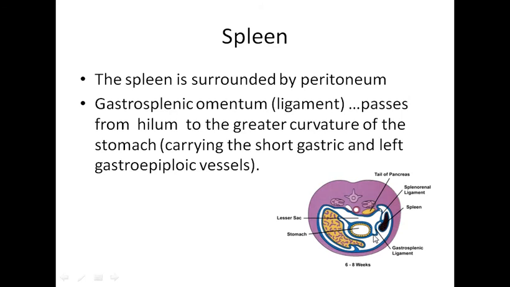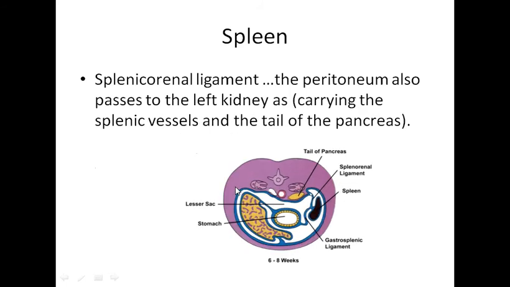In the gastrosplenic ligament, we can see short gastric arteries and left gastroepiploic arteries, right? This is important, can be asked in MCQs. The contents of gastrosplenic ligament or omentum, right? The next main ligament is the